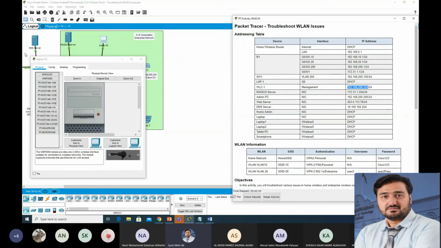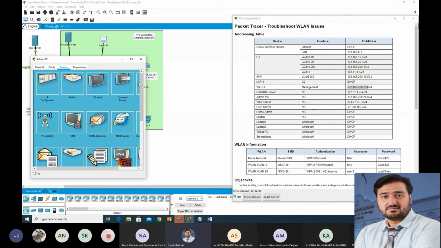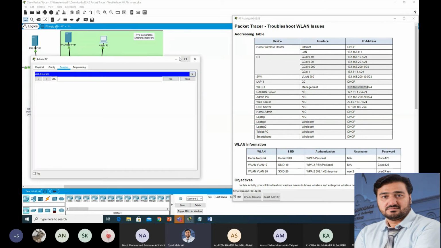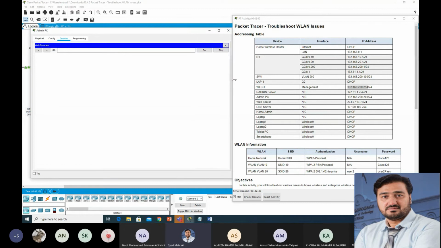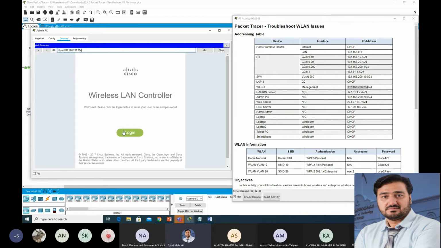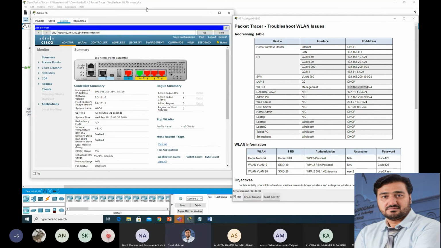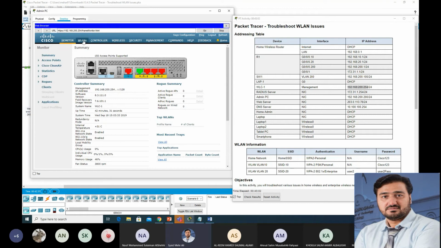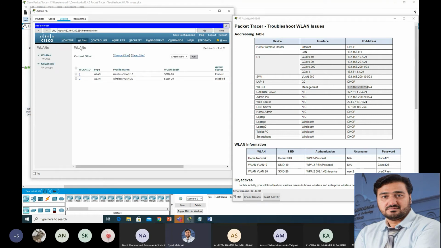Just copy this IP, go to the desktop, go to the web browser, and type HTTPS with the 254 address. Now login, admin, Cisco 123.